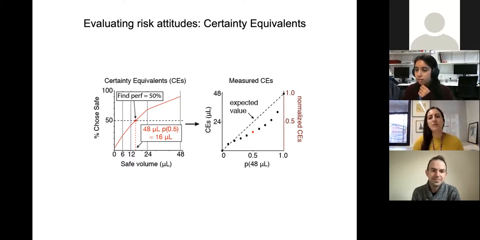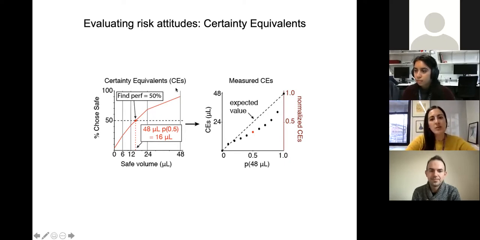The other, which you mentioned, is the risk attitudes. In expected utility theory, the shape of the utility function is sufficient to account for risk attitudes, right? And it's true that monkeys tend to have convex utility functions. In prospect theory, it's a little more complicated, because the elevation of the probability weighting function is another way to account for risk attitudes. If you're overweighting the likelihood of all gambles, then you're also risk seeking. To get around that, we computed